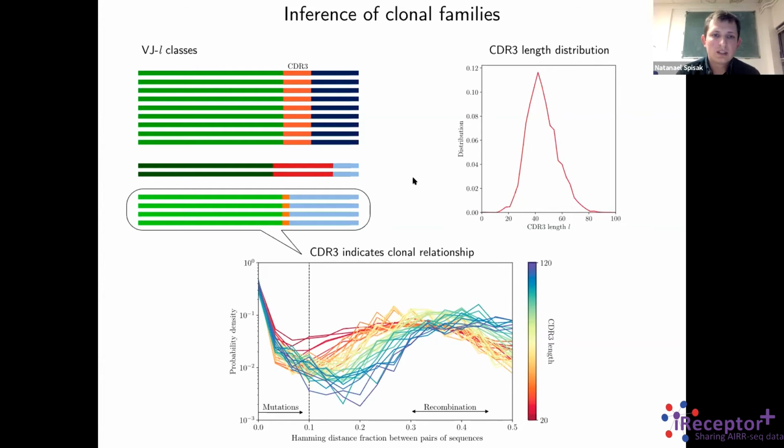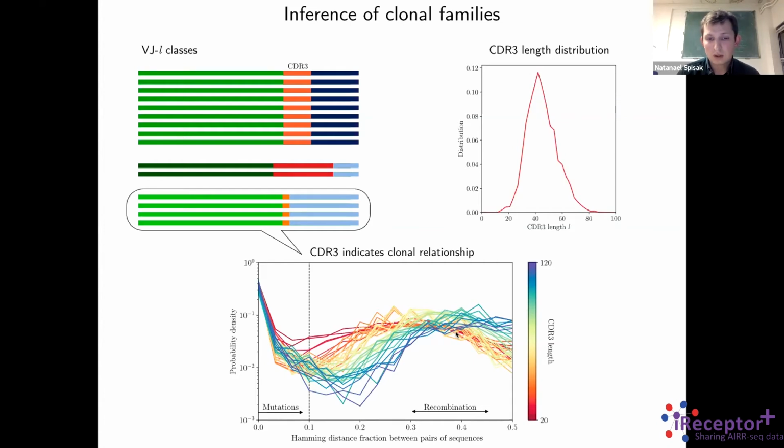So the standard way of doing this is typically to group the sequences in the repertoire sequencing data into VJ length classes, where length refers to the CDR3 length, since of course, if we hypothesize two sequences are in fact related and stem from the same recombination event, they should share these three characteristics. And then within each such class, we study the Hamming distance between sequences, as is the standard way, and we